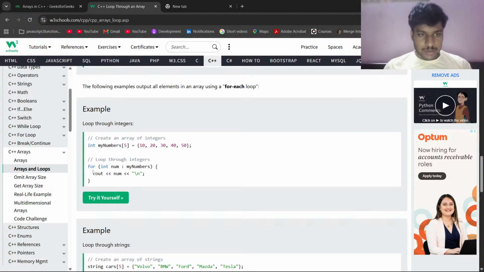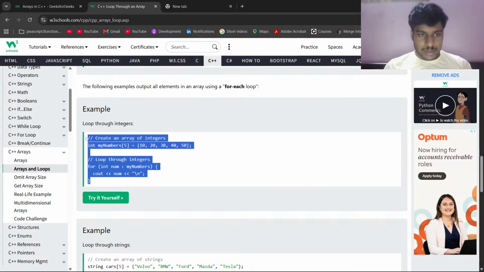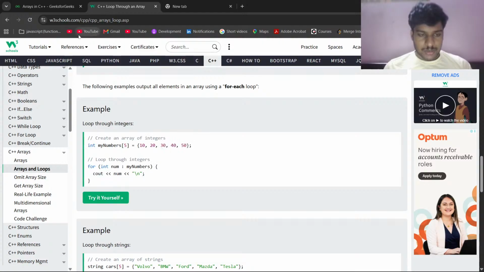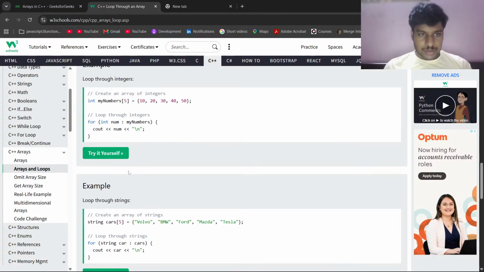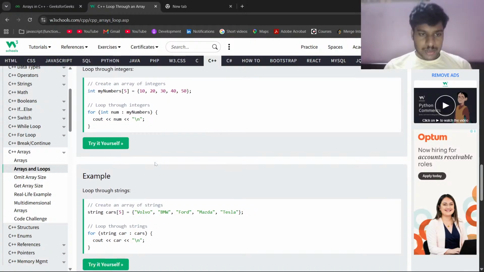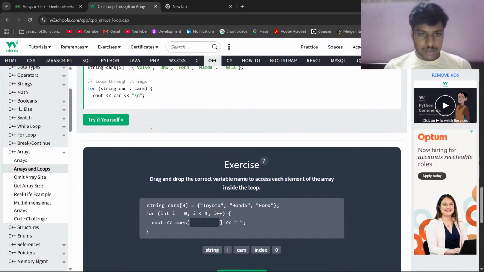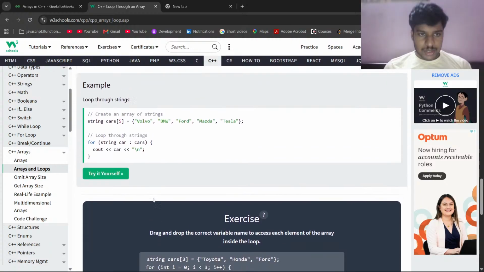You don't really care about the index here, you're just setting the elements, so we can use a for each. So num is the new variable you're creating inside the for each, and my numbers is the array you already have here. So similarly for strings,